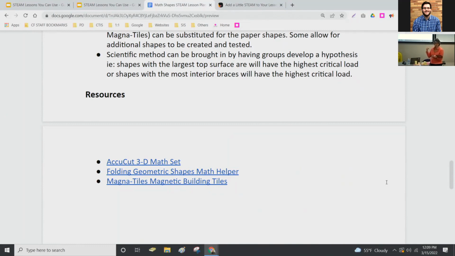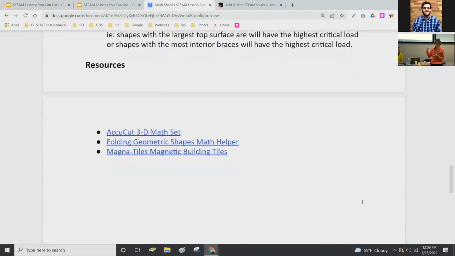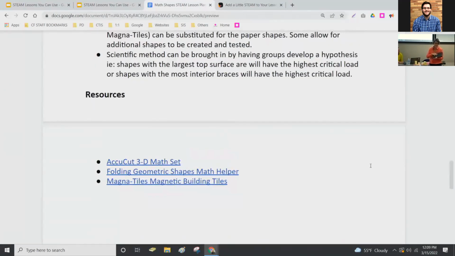And then the other thing that I found in one of my maker spaces is we actually have the plastic tiles that you can link together to form different shapes. Those actually came out of a math program that we had somewhere in the building, and when one of the math teachers was getting rid of their manipulatives, I grabbed it. So I have no idea how old it is, but they connect together.